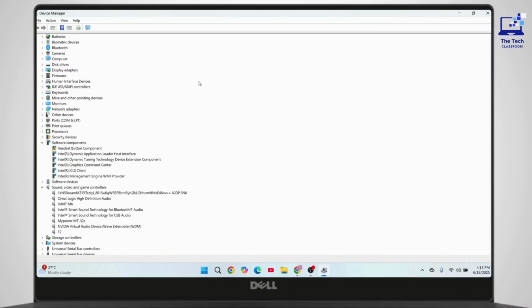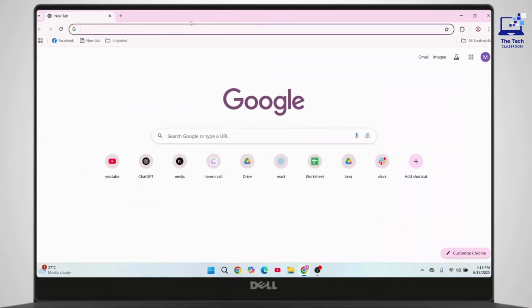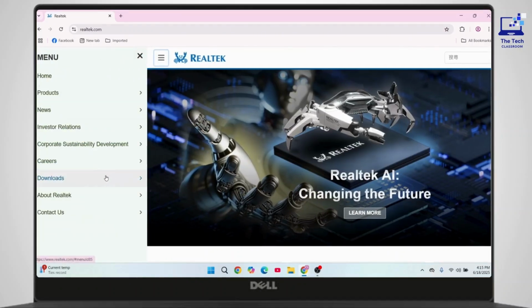Now, the second option to download the latest driver is to go to the Realtek website. You can close this Device Manager. Then you have to open up a browser, and on this browser, now you have to go to realtek.com. So once you're on realtek.com, navigate to the three-line icon at the top left, click on it, head towards the